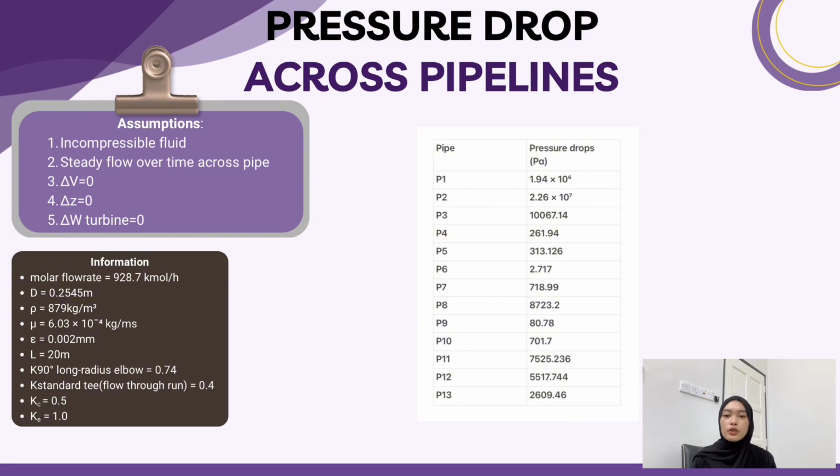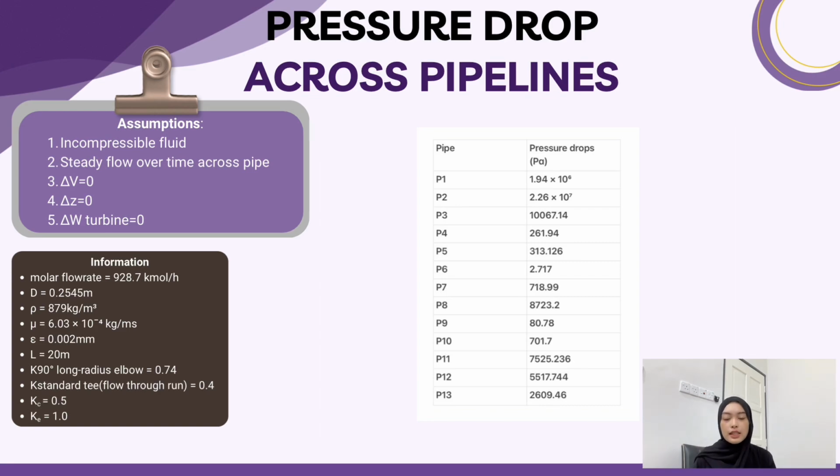So firstly, since there are two components in the stream, we need to find the average molecular weight before multiplying it with molar flow rate to get mass flow rate. And then we find the volumetric flow rate using density of benzene, since benzene is the richest component in the stream. Next, we find the velocity using the equation Q equals VA,